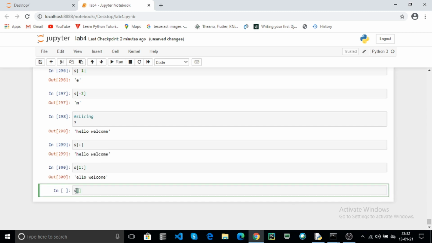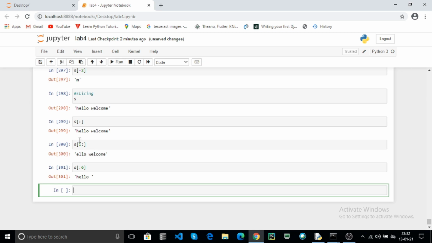You can also specify only the end index, for example 6. It returns the characters before the 6th index from the 0th index. Click on run. Here before the 6th index, this is the string returned.